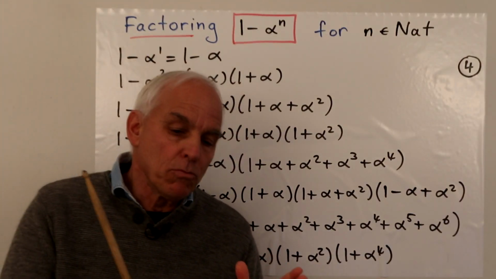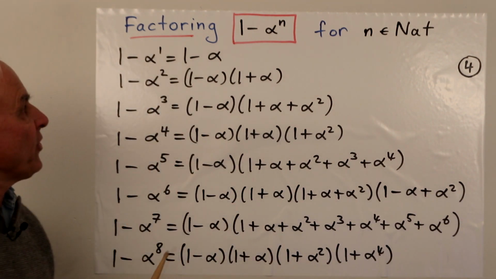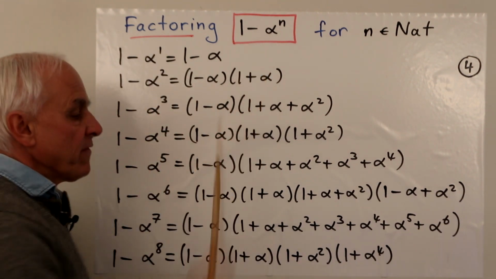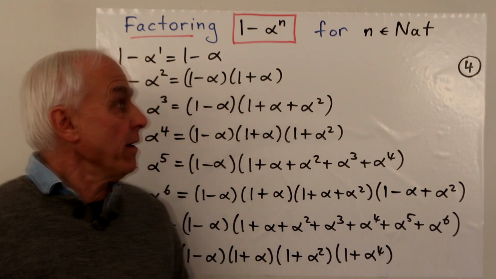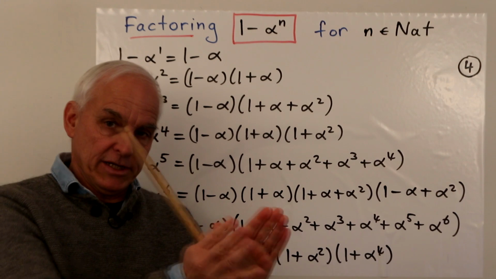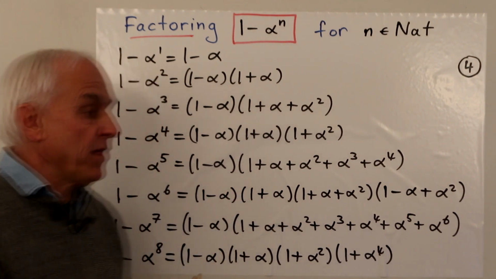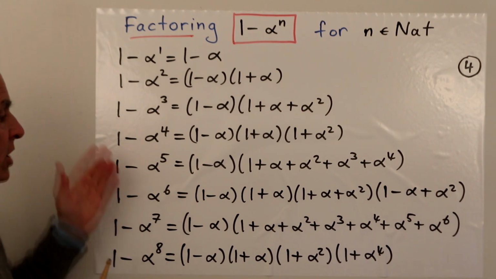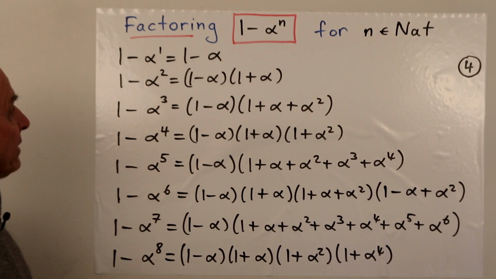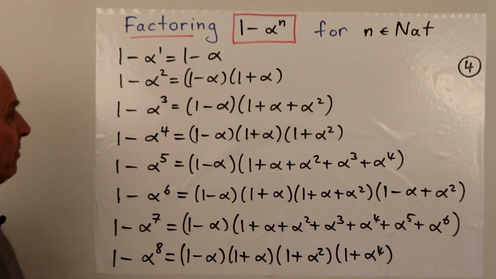Okay, so now let's move to the polynumber land, and we're going to consider factoring polynumbers of the form 1 minus alpha to the n, where n is a natural number. So we're restricting ourselves to a rather specific family of polynumbers and thinking about their factorizations. So what we get is quite interesting, and so let's have a look at it. So these things here are going to be playing some important role.